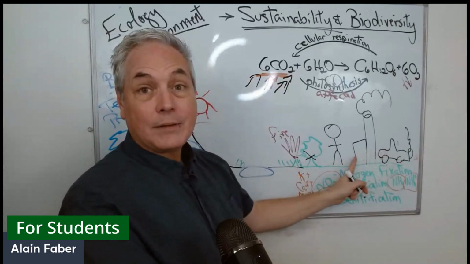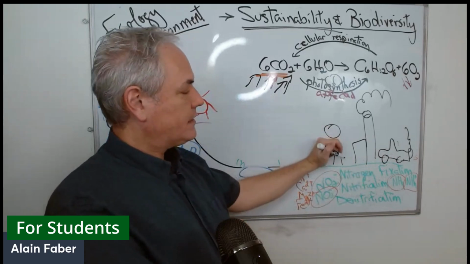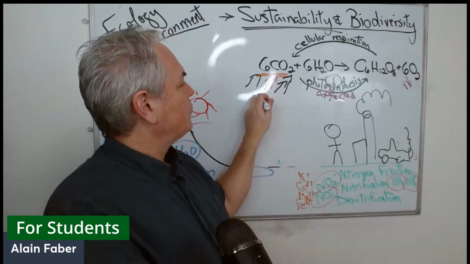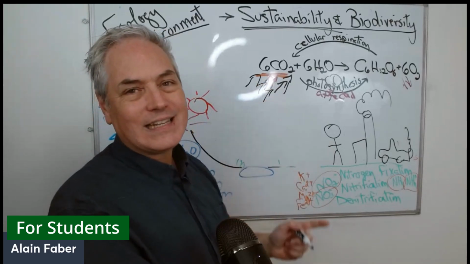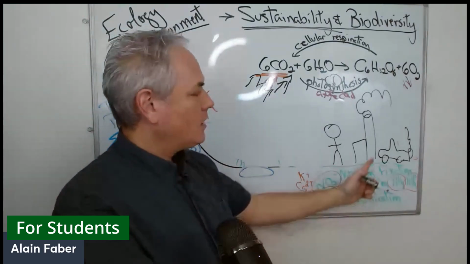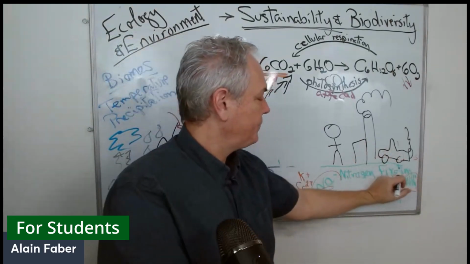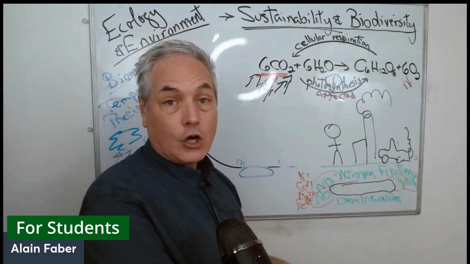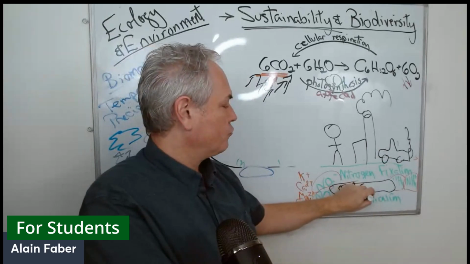But on top of that, because we need space for it, we are taking ground where there used to be vegetation to do what we need. So here, humans tend to do all kinds of activities where carbon dioxide is increasing all the time. But where do we take the energy from? We take the energy from often a source that is taken underground. It could be coal, it could be crude oil,